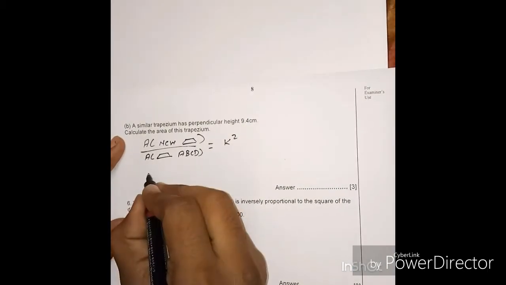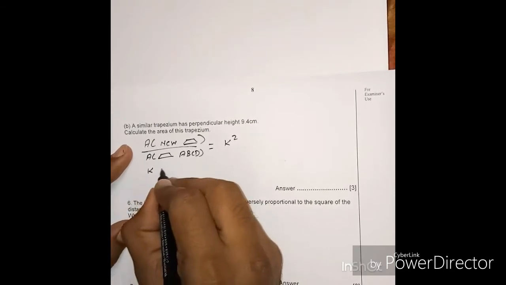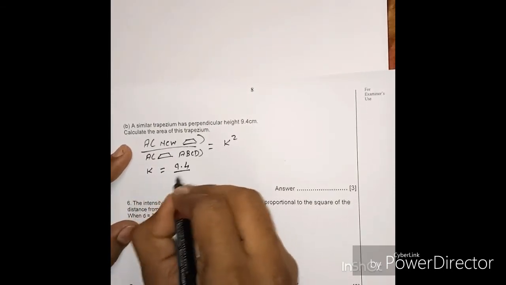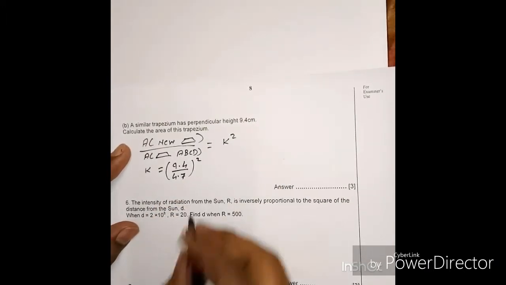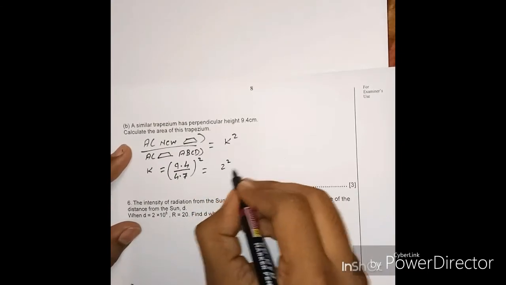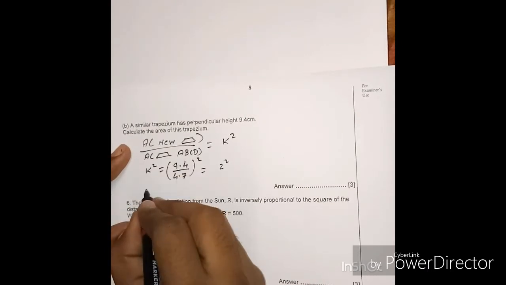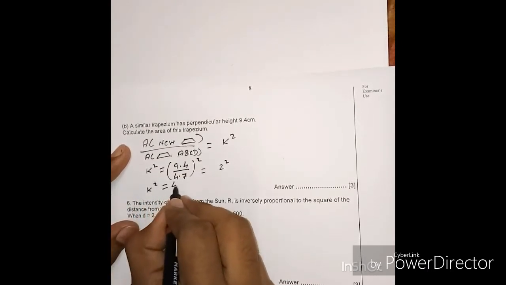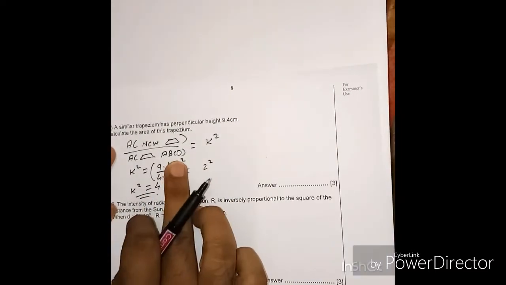Now the height is given to us. So height of new trapezium is equal to 9.4 upon 4.7 the whole square, which will be equal to 2 square. So the value of k square will be what? 4. Here the k square will be what? 4. Right? Now I will be substituting this value in this equation,